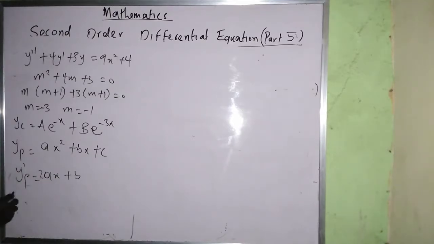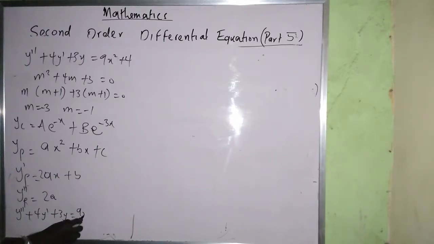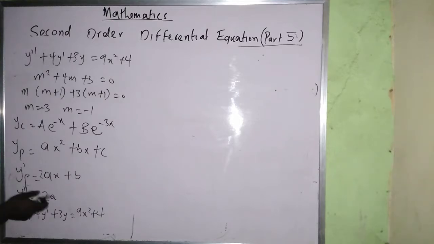2x plus b. My y prime of p will be equal to 2a. Now I will move on: y double prime plus 4y prime plus 3y equals 9x squared plus 4. Now, what is my y double prime? I'll be having 2a plus 4 brackets of 2ax plus b